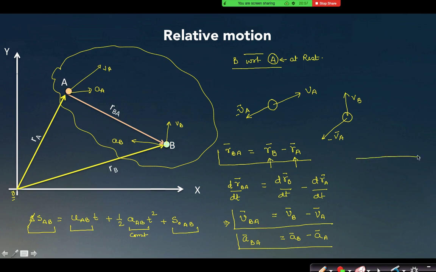As this is x-axis, I have said this is B at 6 and A is at plus 2, right? So the position of A with respect to B will be in this direction, that will be minus 4, and that SAB is definitely displacement of A with respect to B in a time function. I can write this equation, right? So before writing this equation, you have to check whether AAB is constant or not. How do I find AAB? So these are the equations with which I can find the relative values.